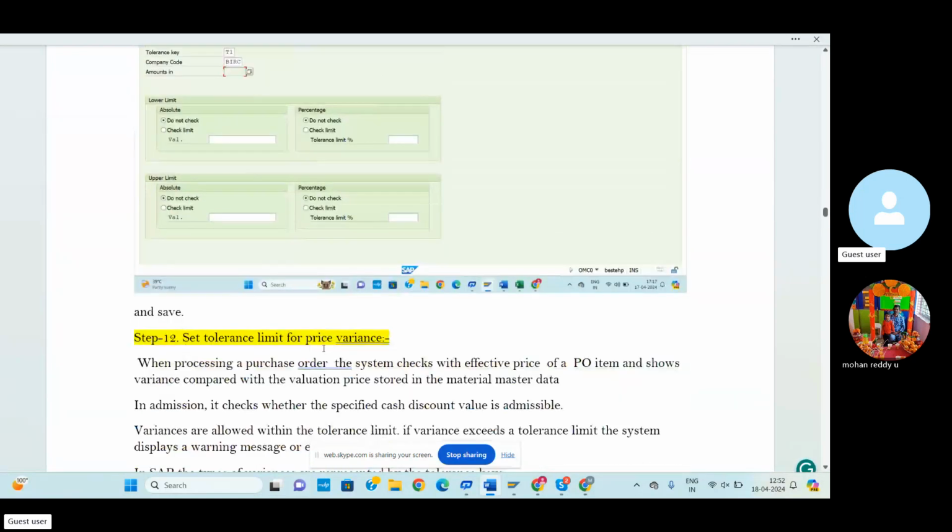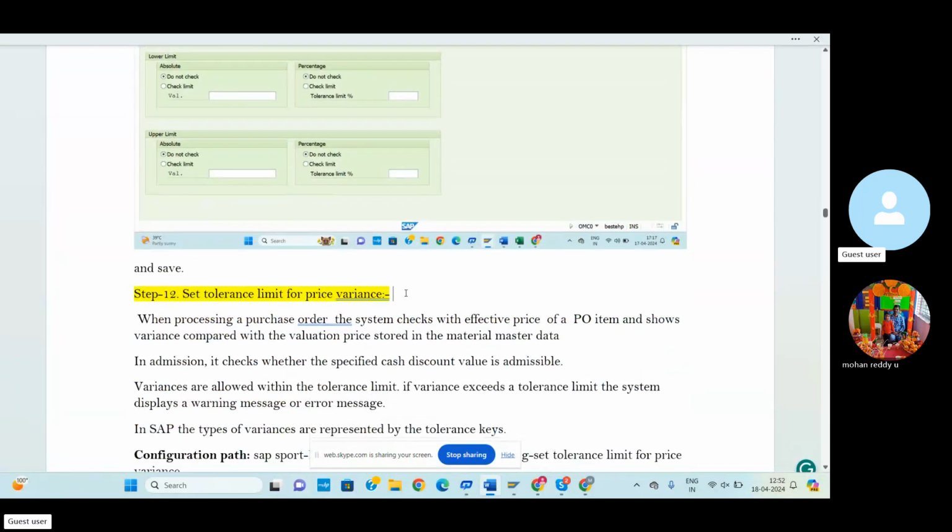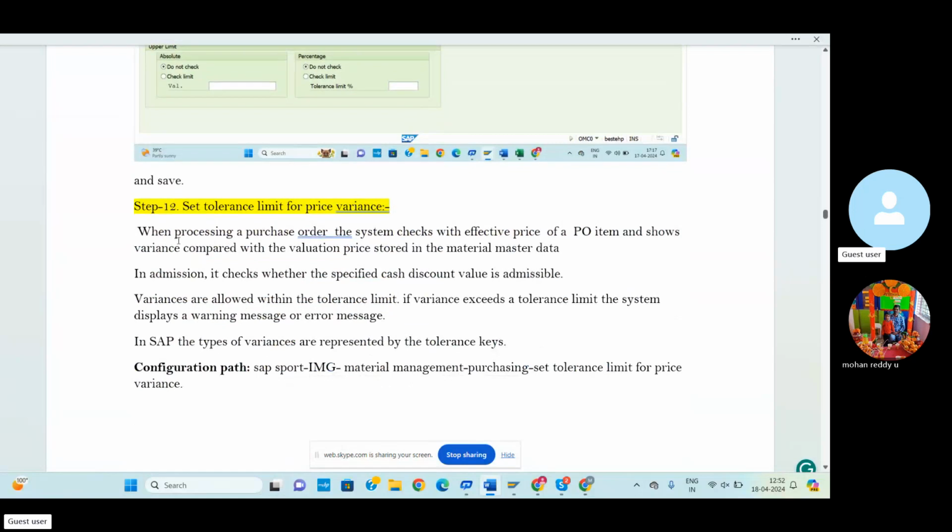12th step, set the tolerance limit for price variance. So here I'll explain briefly. When processing a purchase order, so ఎప్పుడైతే మనం purchasing order ని ప్రాసెస్ చేస్తామో, the system checks with the effective price. సిస్టమ్ ఆటోమేటిక్ గా చెక్ చేసుకుంటుంది. ఇది ఆల్రెడీ మనం క్రియేట్ చేసినటువంటి ప్రైస్ కి, అంటే ఒక గూడ్స్ ఒక మెటీరియల్ పర్చేస్ చేసినప్పుడు దాని స్టాండర్డ్ ప్రైస్ 10 రూపీస్ ఫిక్స్ చేస్తారు. మనం పర్చేజింగ్ ఆర్డర్ ప్రాసెస్ చేసేటప్పుడు దాన్ని ఒక 12 కో లేకపోతే 9 కో 8 కో పర్చేస్ చేసేటప్పుడు ఇది చెక్ చేస్తుంది